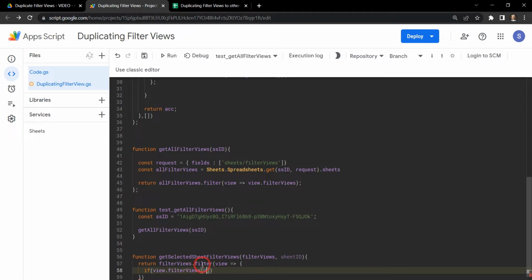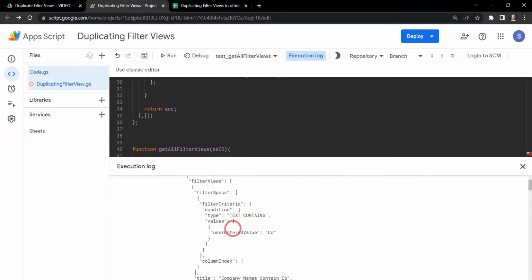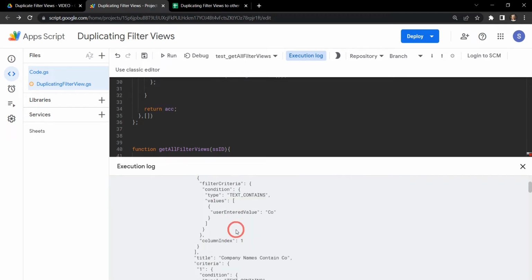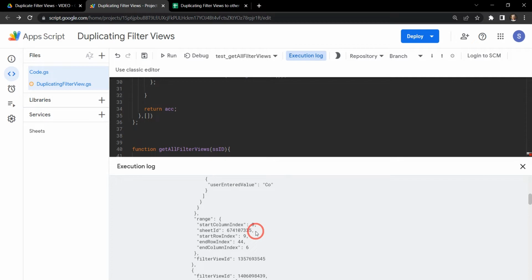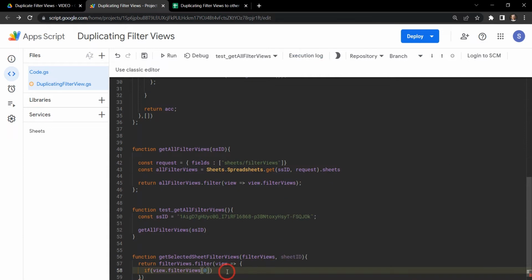So why am I choosing 0 here? Let's go into our execution logs here. So we've got filter, and we've started our first iteration in this particular filter view, and then we can see in the filter specs it gives us specifications for each one of the filter views. So we just want to look in the first one of each of the filter views, and we can see in the first one we've got the sheet's ID as an argument. So if filter views in the first filter views of the current sheet we're iterating through, we want to go into the range